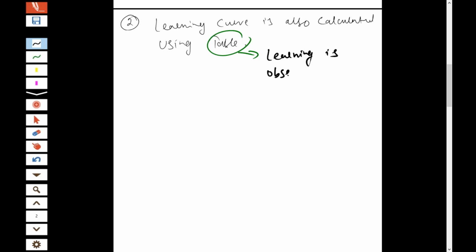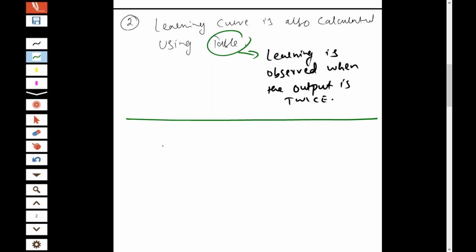Learning is observed when the output is twice. This is the initial assumption of the learning curve. So you need to prepare the table that way